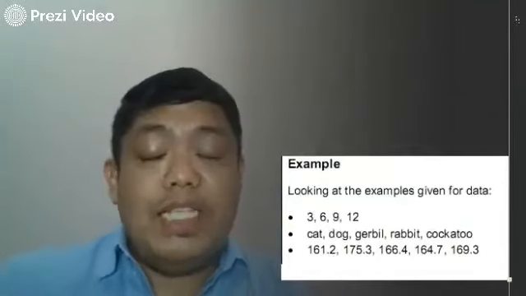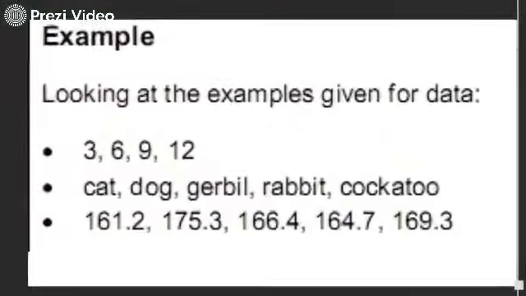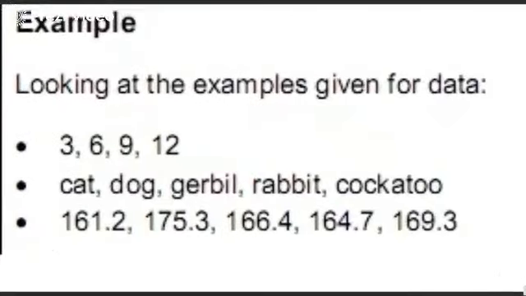Moving forward, let's look at an example of data. So here are 3 examples. The first one are numbers 3, 9, 3, 6, 9, and 12. The second one is cat, dog, gerbil, rabbit, cockatoo. And the third one are numbers 161.2, 175.3, 166.4, 164.7, 169.3. So if you look at these numbers, these letters, and these words, they don't have any meaning